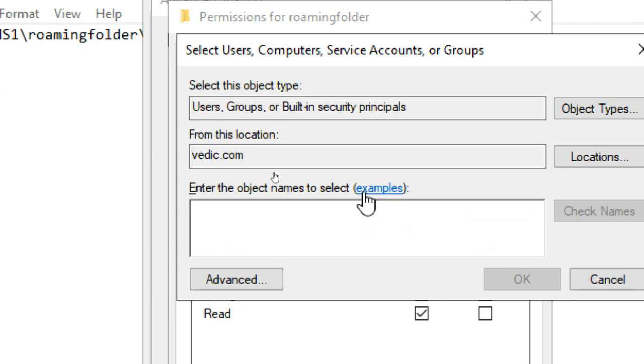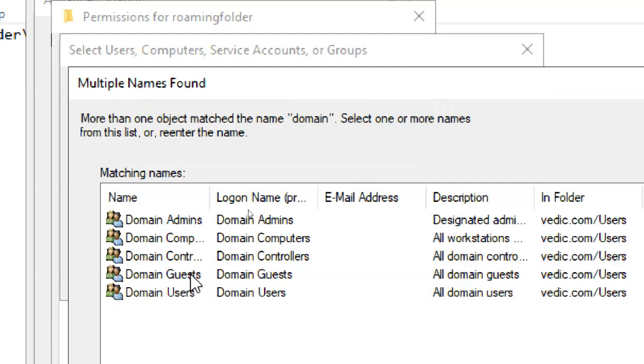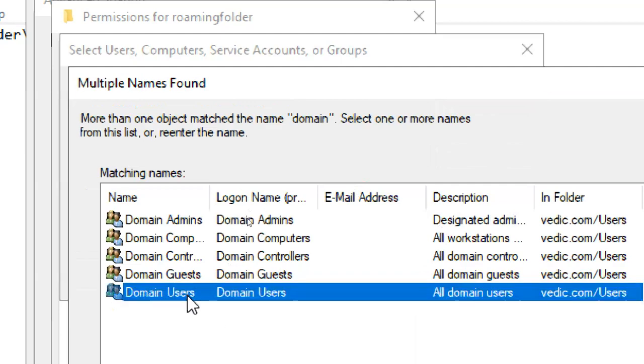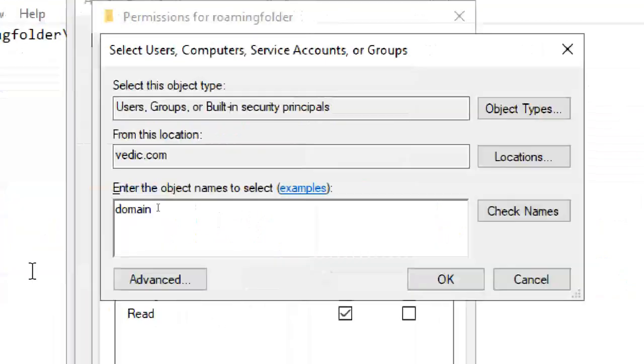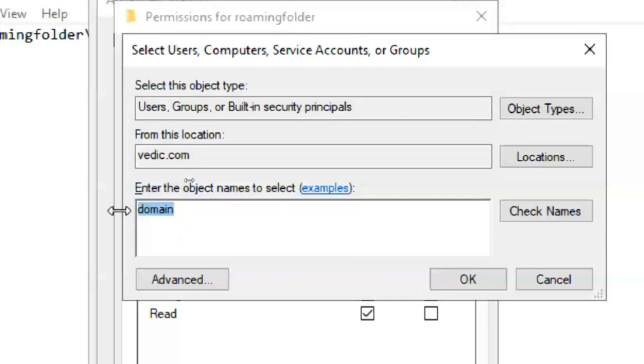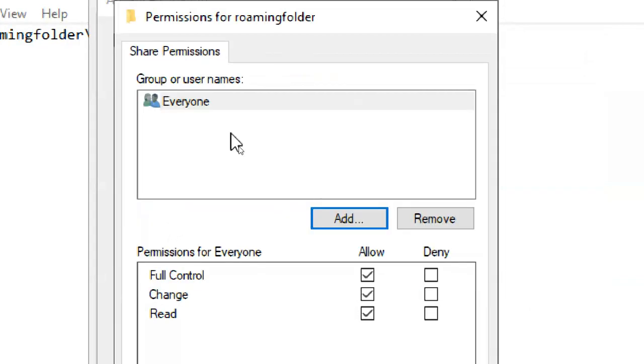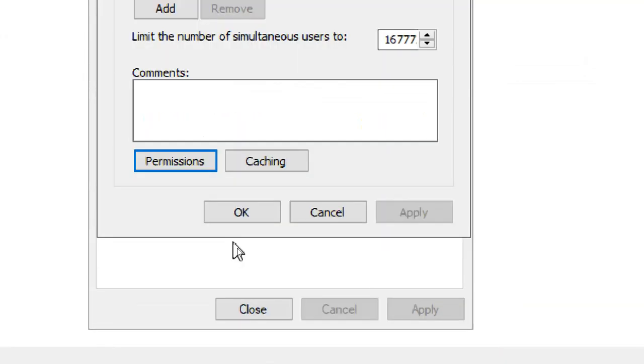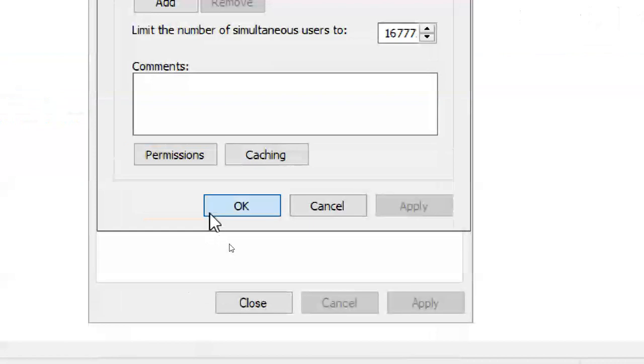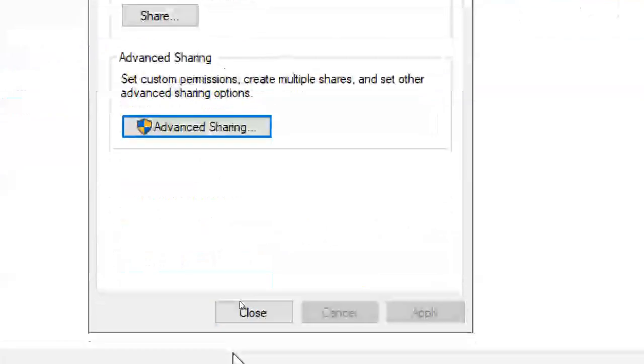Instead of everyone, you can add domain users, so you can give access only for domain users like that. But now I'm giving everyone only. Okay, then okay.